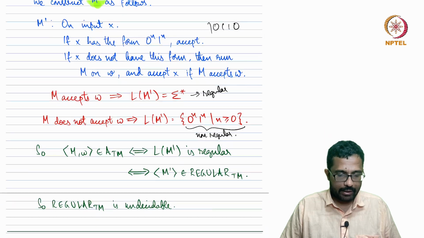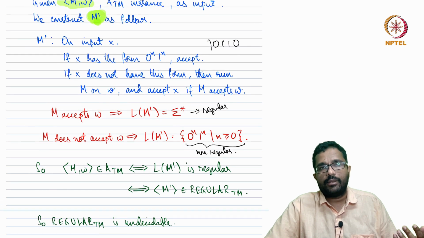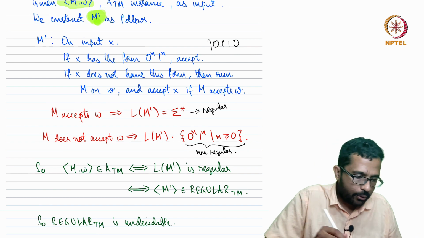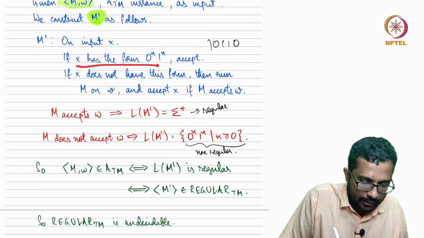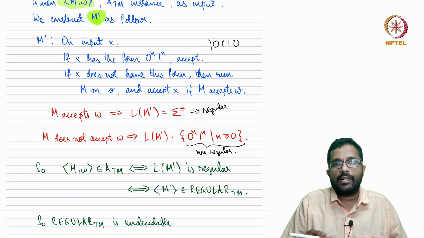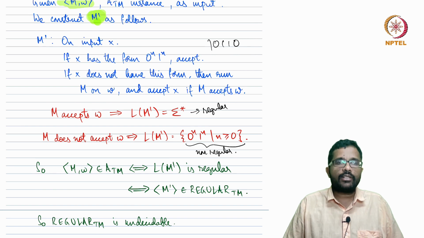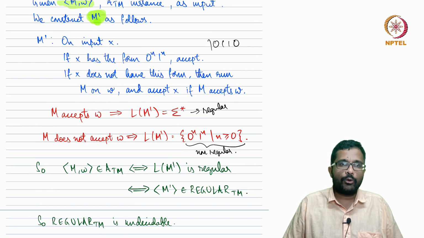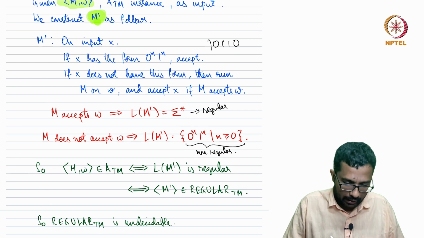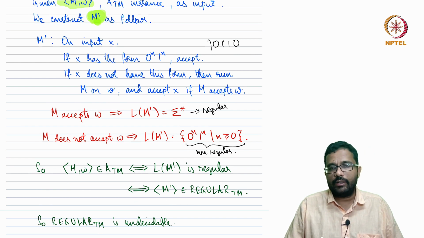Mapping reduction from HALT-TM to regular TM, and also the construction of M prime is something that is computable, right? So M prime, we just have to encode these simple things. If X has this form, we should accept. If it does not have this form, we know M and W, we just run M on W. That's it. So the construction of M prime is computable, and also we have this correspondence M comma W is in HALT-TM if and only if M prime